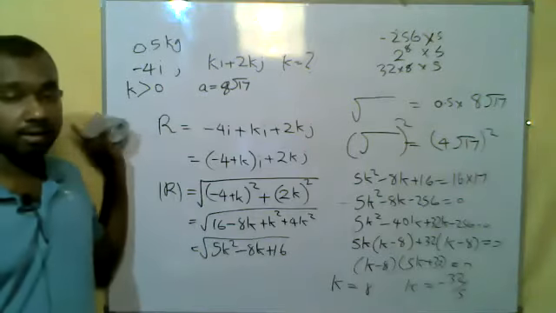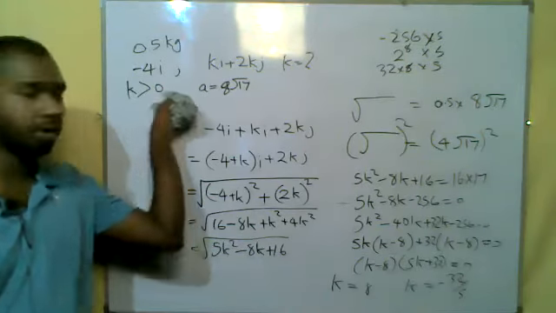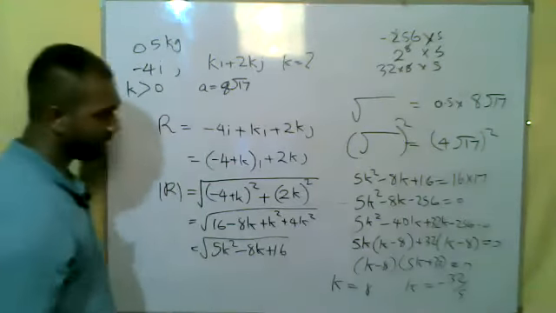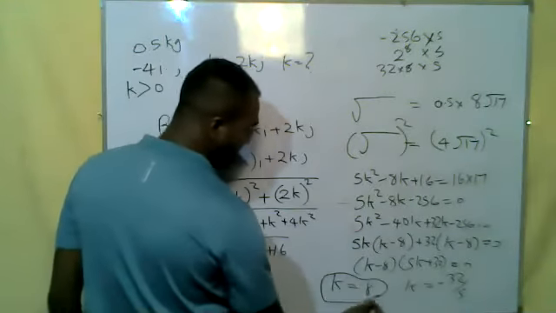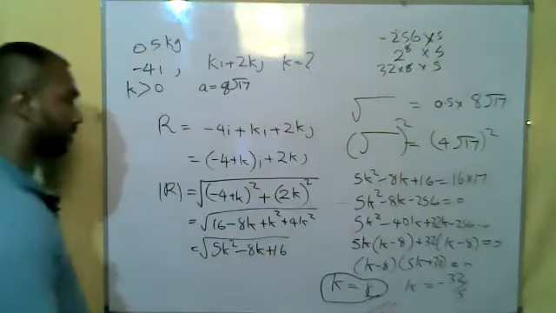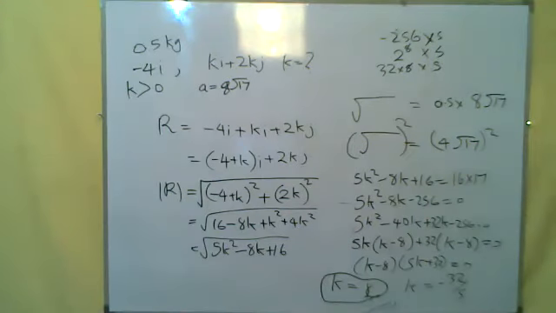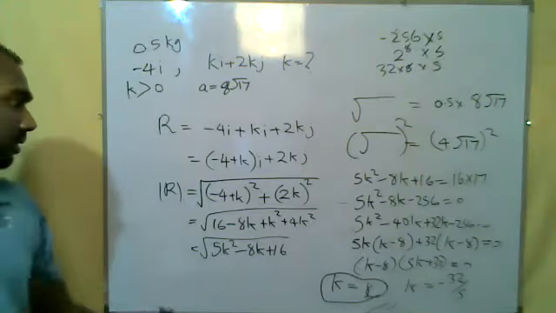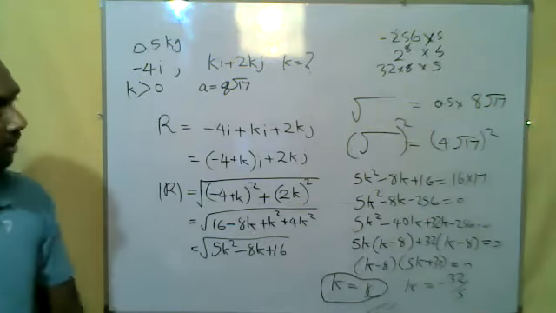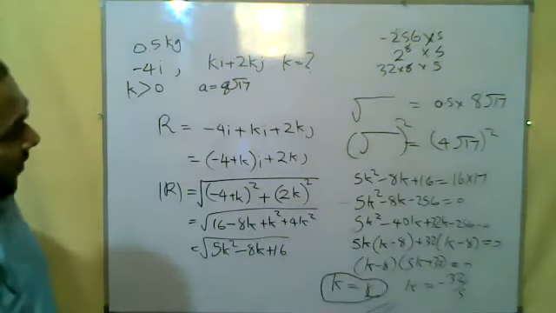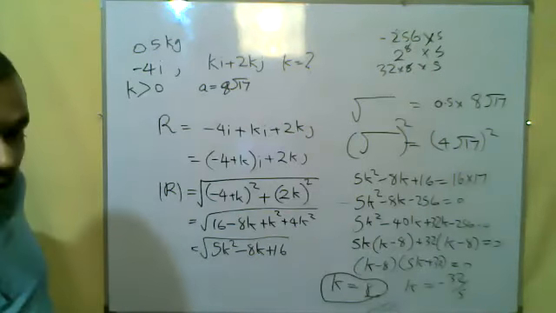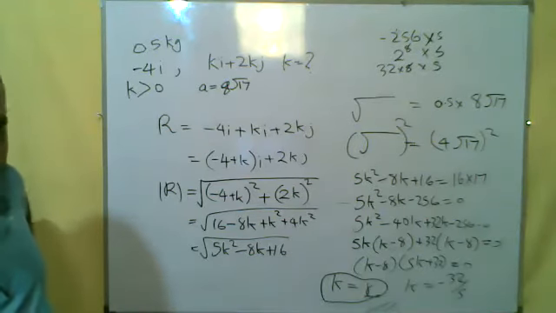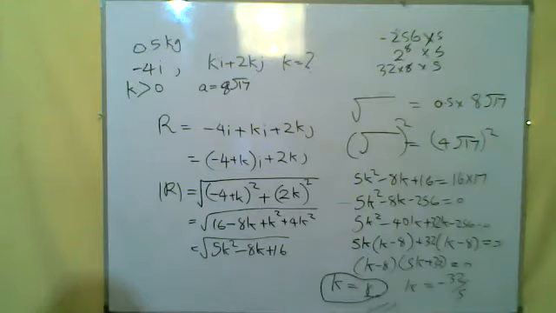In the beginning, what is said? k is a positive constant. So what do we have to do? k equals 8 is the only answer that we can accept. Actually, the theory for this question is very limited. The rest is simplification. Hope you understood. If you have any questions, just ask.